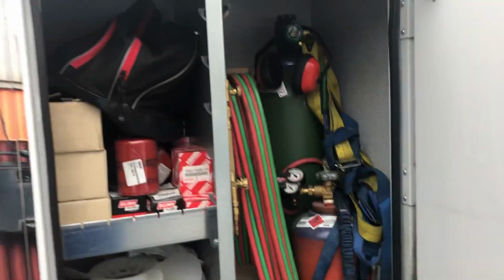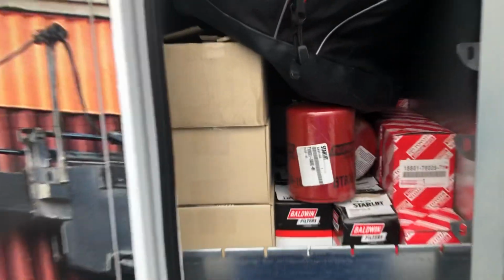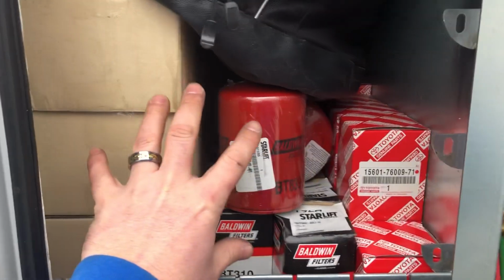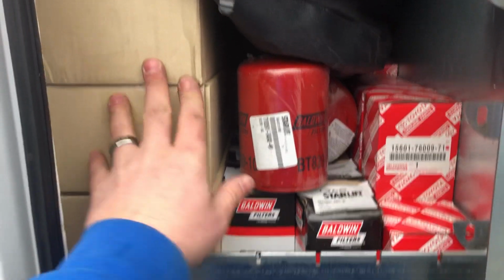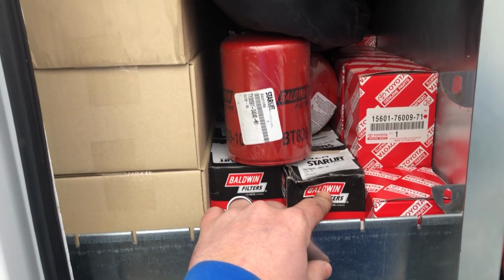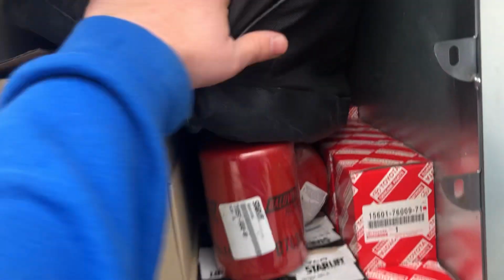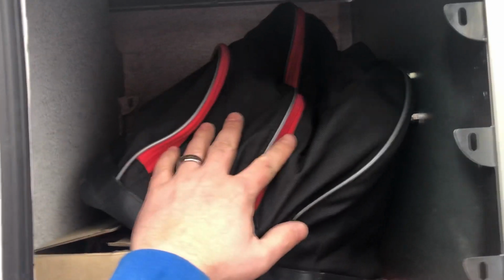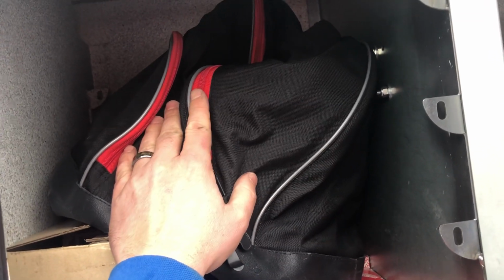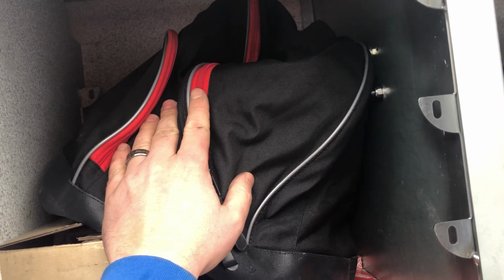This guy here, more part storage. So this is all engine oil filters up here on the top. Almost every one of them is factory Toyota stuff, but you can see like the Baldwin filters here that we've ordered through Starlift, TVH. This here is my welding bag. So we got my hood in here, got my welding jacket in there, got my gloves, got my cap,